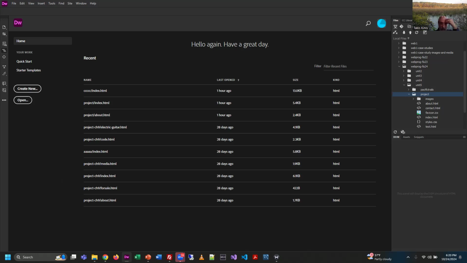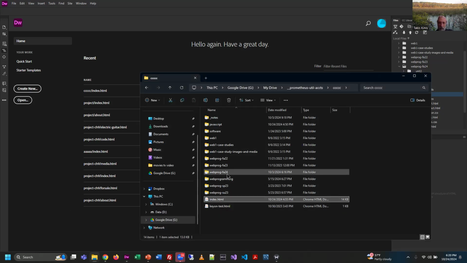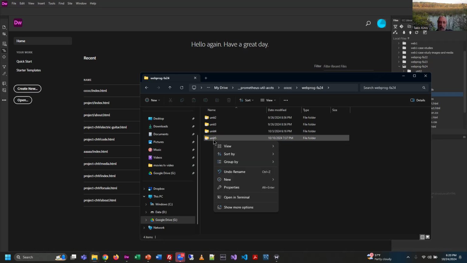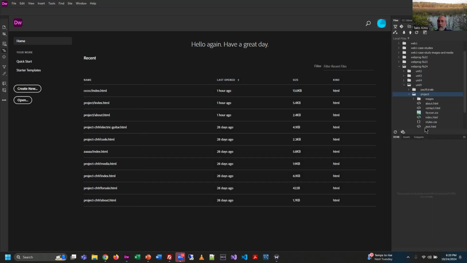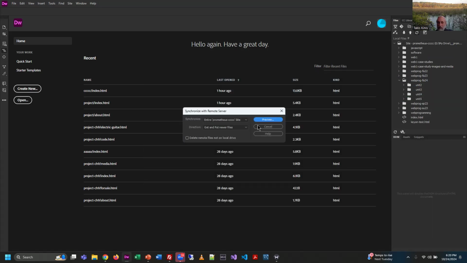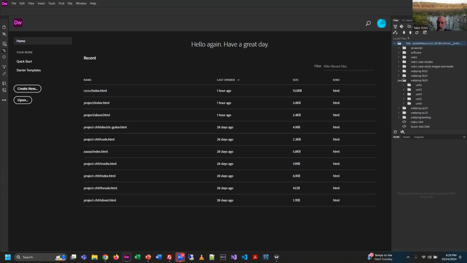Well, okay, so I got to do a couple things here because now I'm in unit 6, right? So on a folder level here, I'm going to make a copy of unit 5. I'm going to paste it back in and call it unit 6. Right. And now I'm going to do all my sample coding in there. I'm going to do a refresh in my file window here. No, we're not going to synchronize. We just want to refresh. All right, so I can see my unit 6, my project,